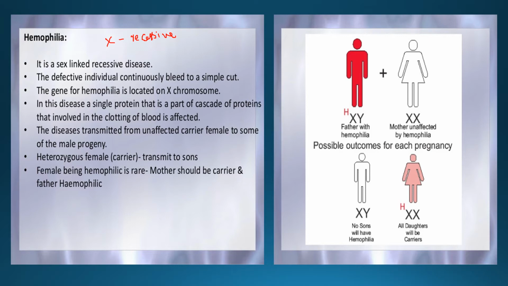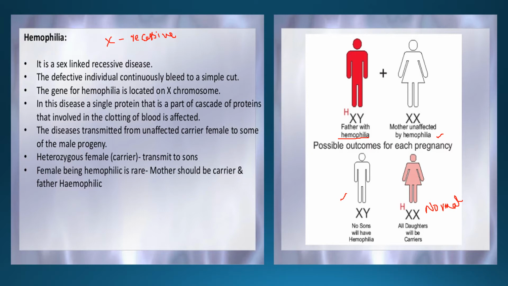Now here the father is already suffering from hemophilia. If he is married to a female who is normal, then the male child will be normal, whereas the female child is also normal, but she is a carrier of the mutant gene. Here the affected person is represented by dark red, but the girl child is represented in pink. So there is no complete effect on the girl; she is a carrier, but she is normal. She is not suffering from hemophilia.